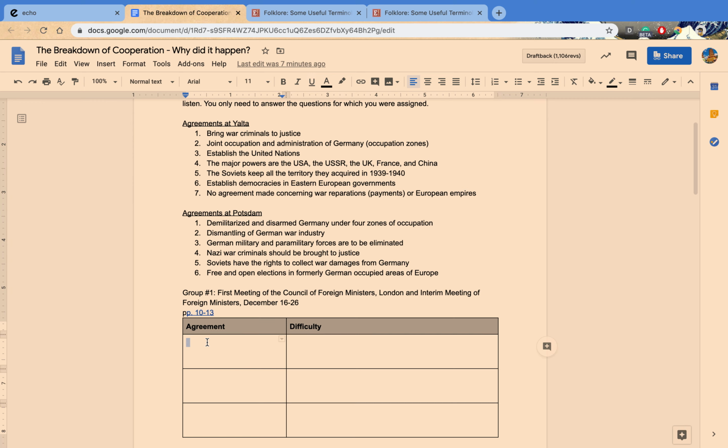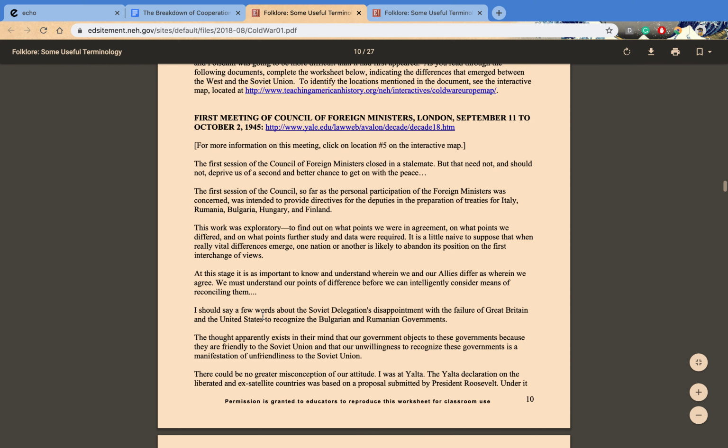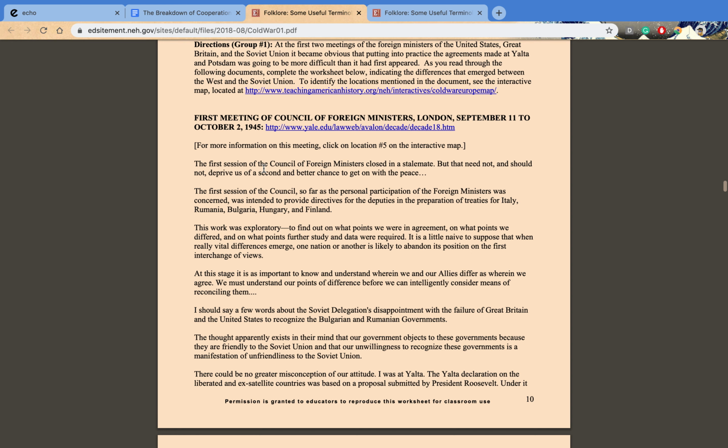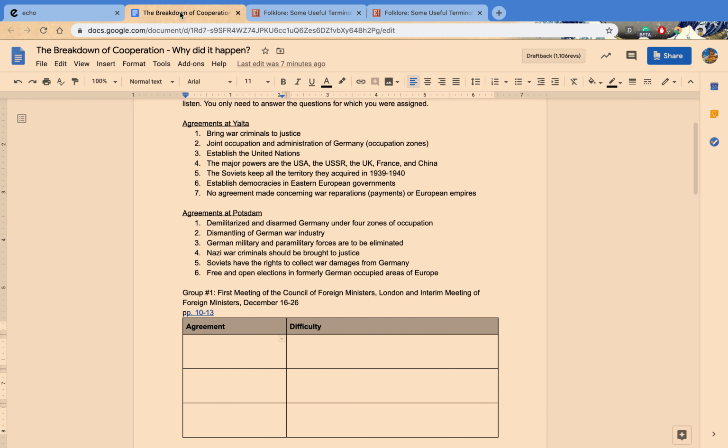You'll put the agreement that they made, and talk about what kinds of difficulties the foreign ministers in these places are noticing about living up to the agreements made before at Potsdam or Yalta. They were saying, we agreed to do all these things once Germany surrenders, but once it actually gets there, we see that especially the Soviet Union is not really willing to be fully committed to former agreements.